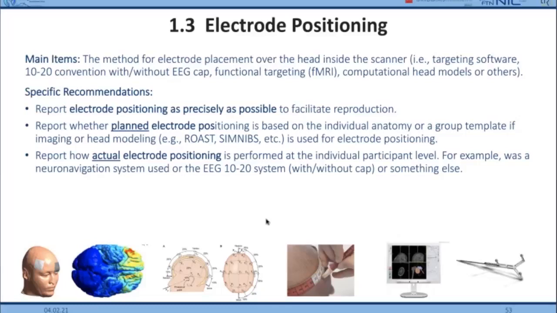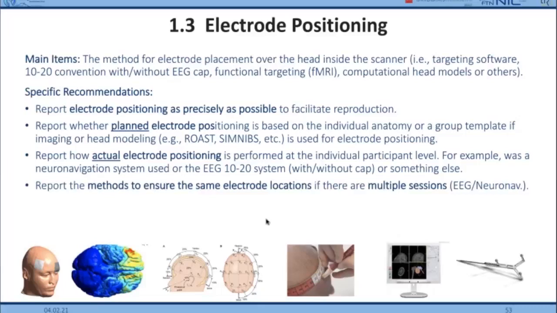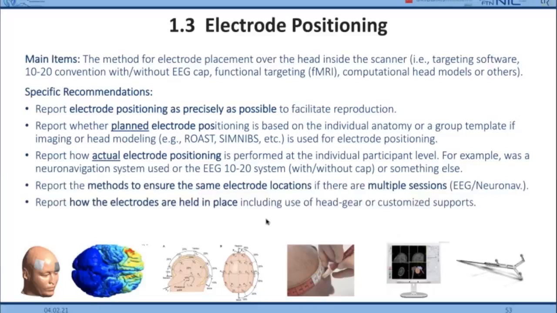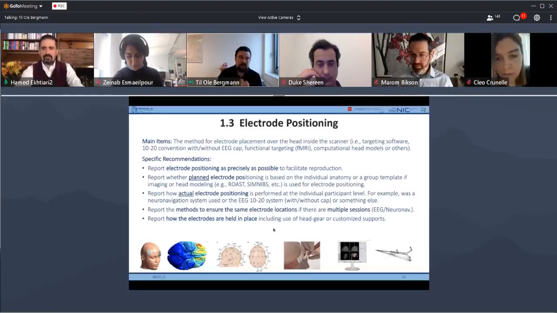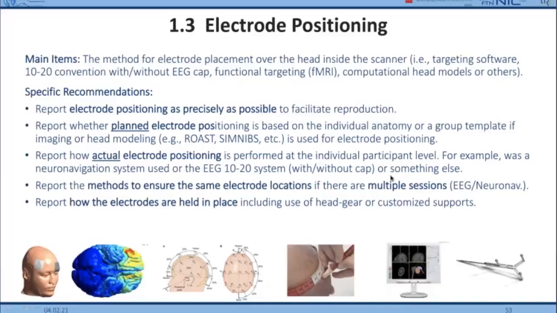Okay, next. This is especially important when you have experiments with multiple sessions. So that you might want to have the same position, exactly the same orientation of those electrodes again and again. And this can be done based on EEG or neuronavigation. And yeah, it's also important to note how those electrodes are actually kept in place, what kind of headgear is used,